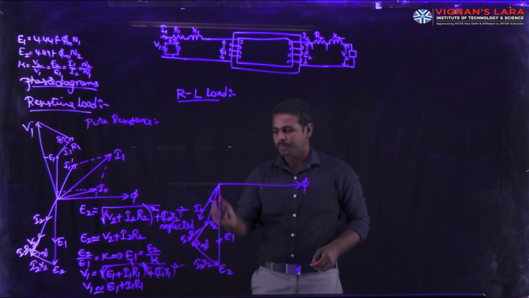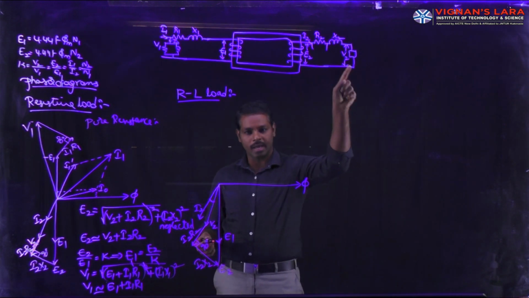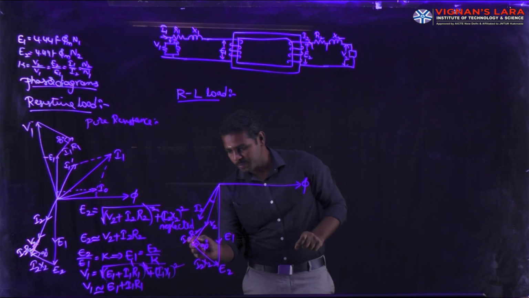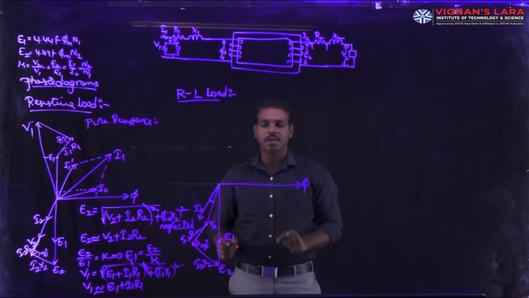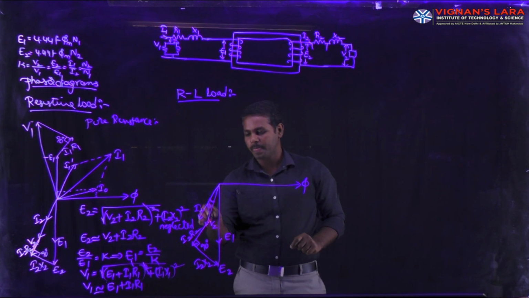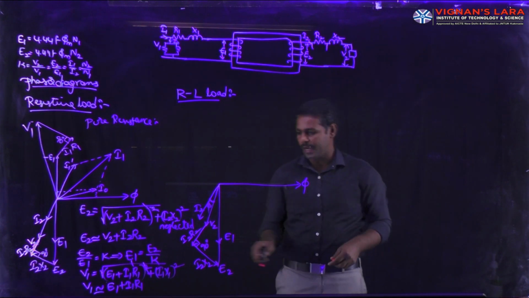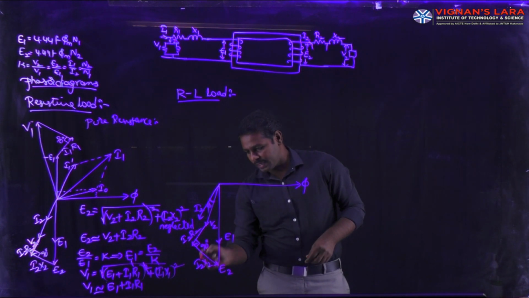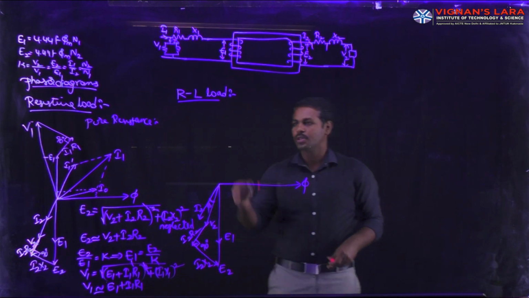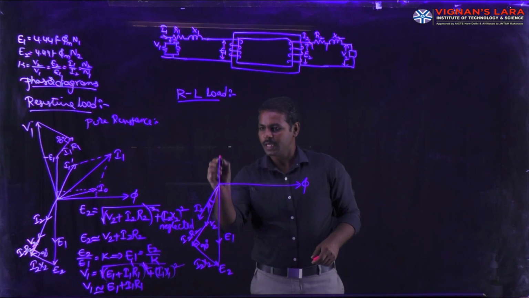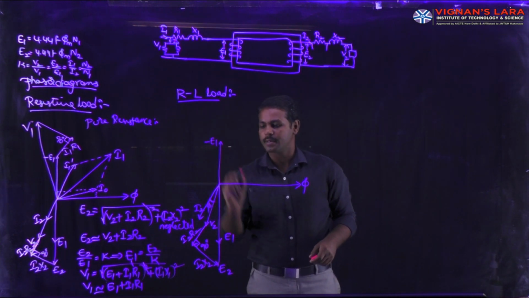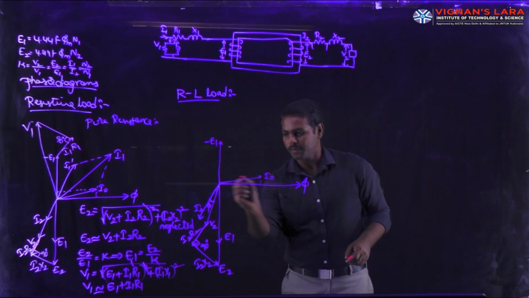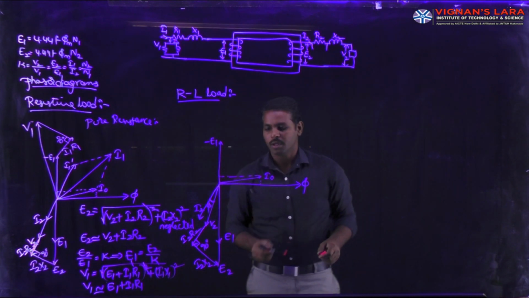But in the case of inductive loads or an RL circuit, an RL load is connected across the load terminals. Then I2 is different and V2 is different. These two are displaced by an angle phi. I2 R2 is in phase with I2, and I2 X2 is displaced by an angle of 90 degrees. The resultant of I2 R2 and I2 X2 is equal to E2. Similarly, we draw the E1 value, which is equal to minus E1, and the I0 value, which always has the magnetizing component and the core loss component.